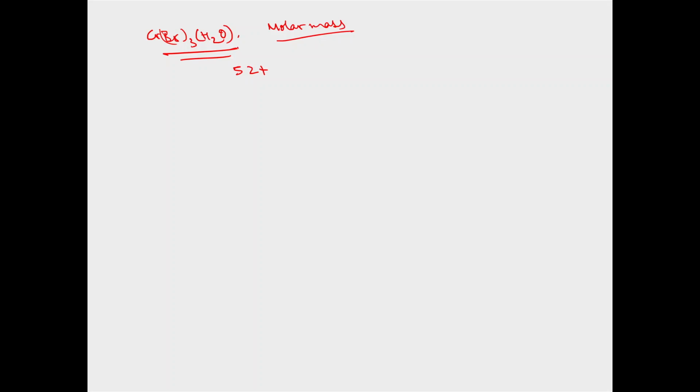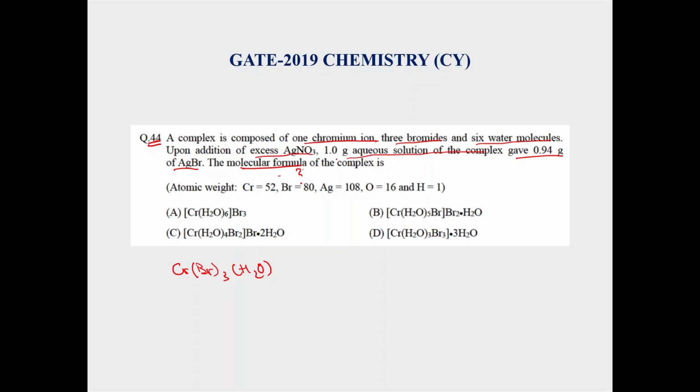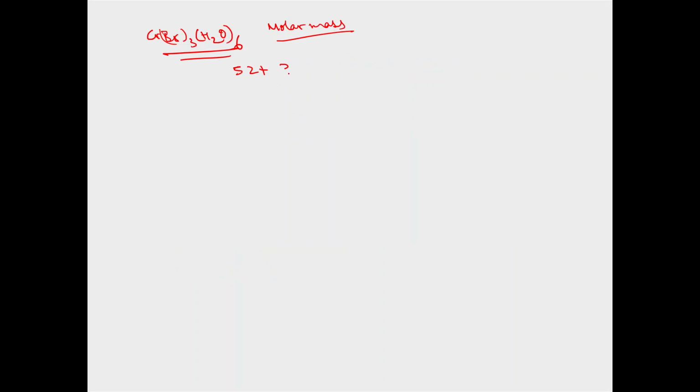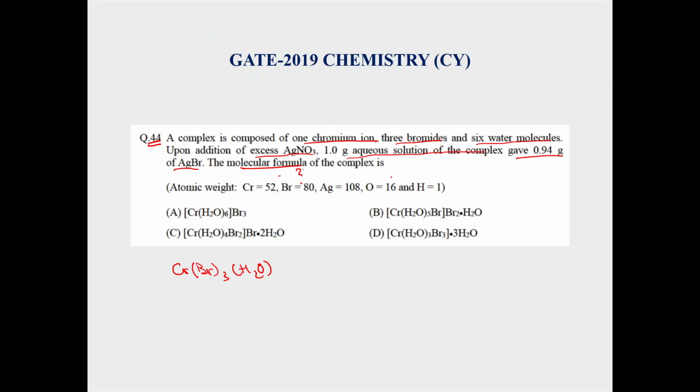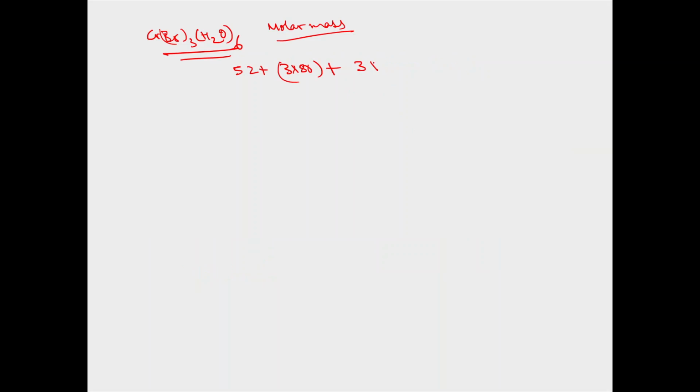I wrote 1. Okay, there are 6 water. Sorry. So 52 for this. Then bromine. There are 3 bromine, so 3 into 80, and 6 water. For O it's 16 and H 1, so 18 for 1 water molecule. For 6 water molecules it is 6 into 18. If we calculate this, this will be